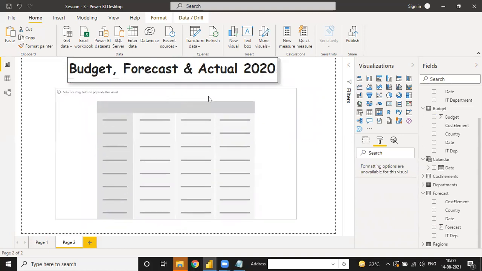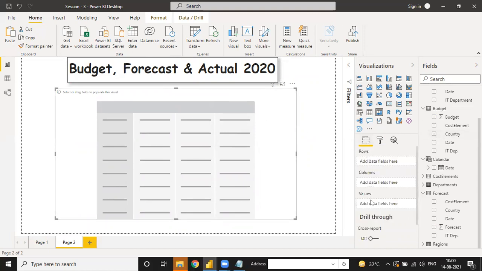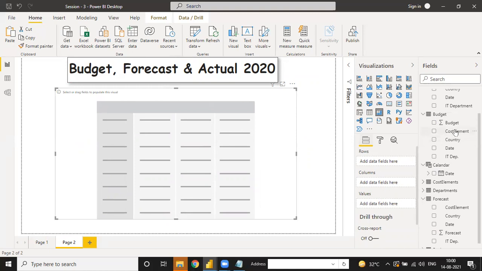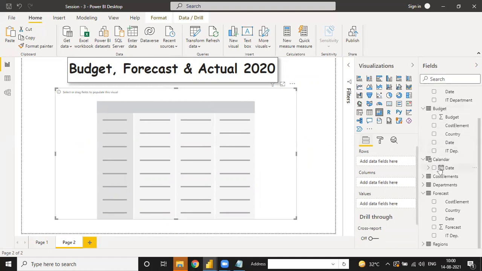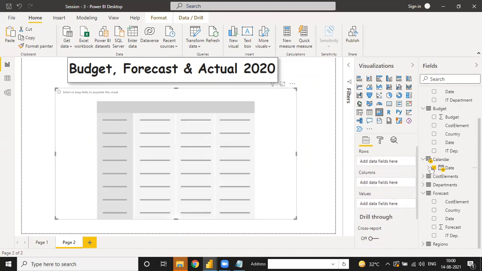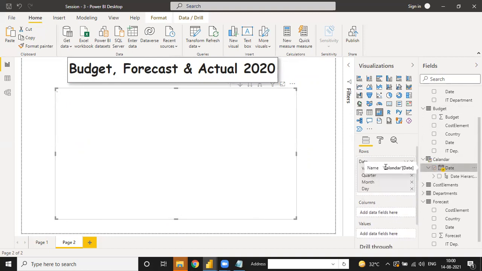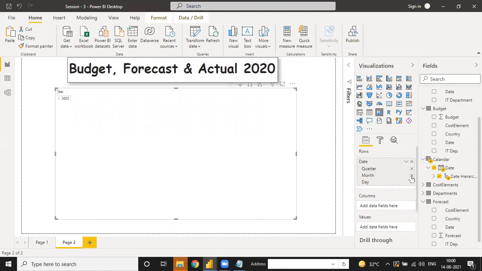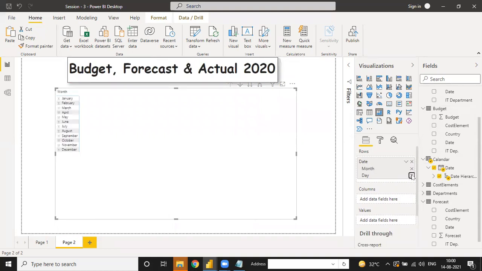Now suppose we have to maintain some of the table like regarding this. Under this table we have these kinds of fields, see rows, column and values. Okay, so under the rows suppose we have date, suppose year. Under the axis we have year, quarter and month.